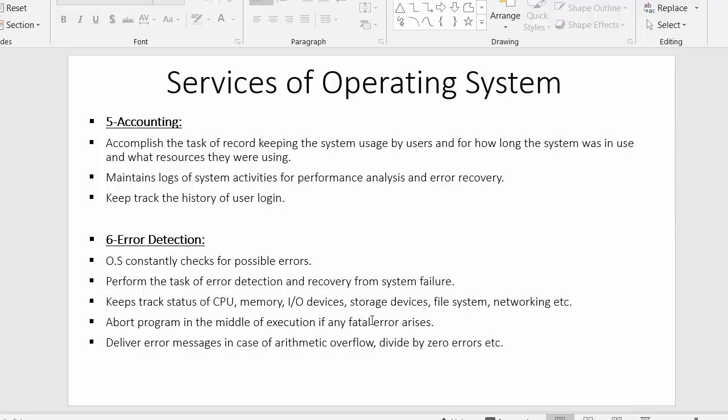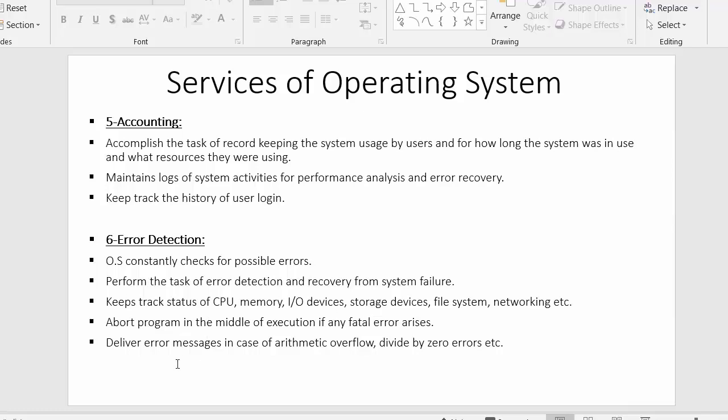So the operating system has to keep all these resources prepared so that it can allocate them to the requesting processes. That's why it needs to keep a continuous check on these resources.